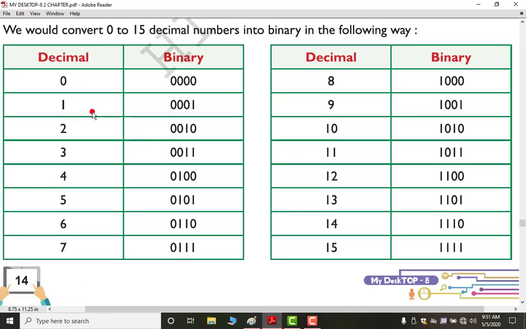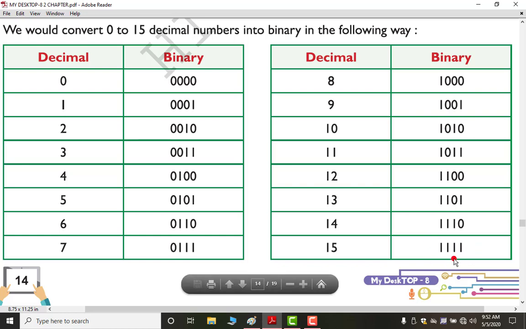Now look, if you write in computer these numbers 0, 1, 2, 3, 4, your computer reads them like this. If you write 1 in computer, your computer reads it like this: 0 0 0 1. If you write 2, 0 0 1 0. 3, 0 0 1 1, like this, up to 15. The numbers are given here just for your information. Okay, this is the way by which you can identify which number is being used by the computer. If you simply write 15 using your keyboard, your computer reads it like this: 1 1 1 1. This conversion is done automatically.